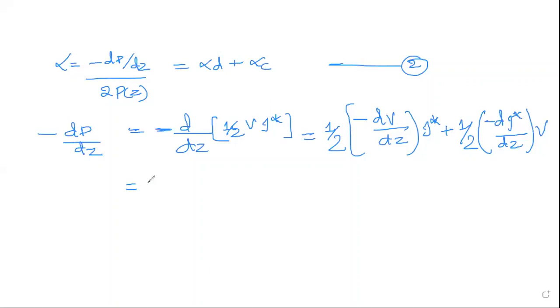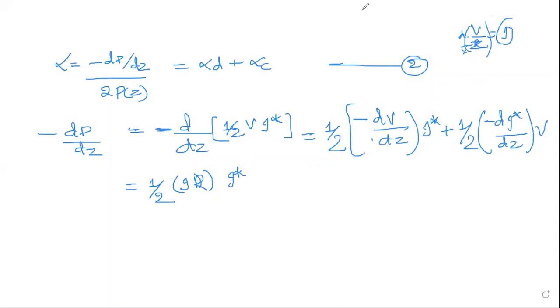Which is again equal to half of the differentiation of V. In terms of V by Z, you know V by R is equal to I. So differentiation of voltage with respect to R or Z, you can write as a small quantity, that is I. So I can write it directly as I, which is into R I, which is into I star.